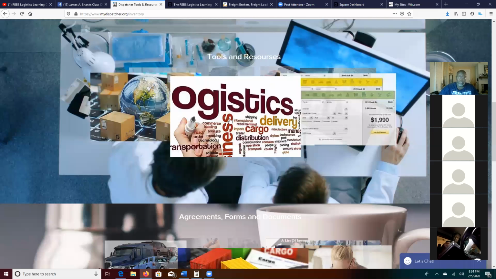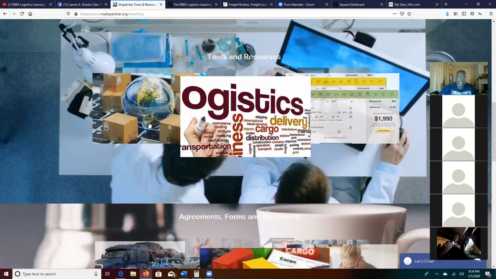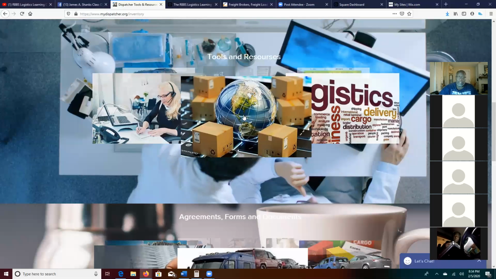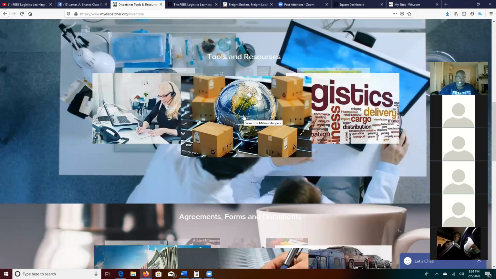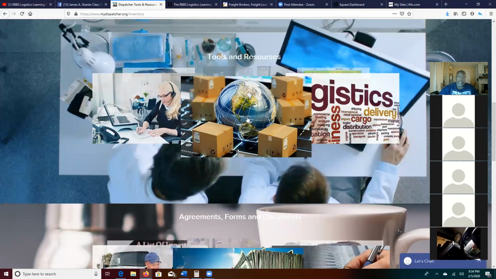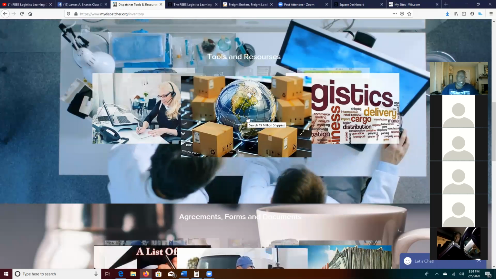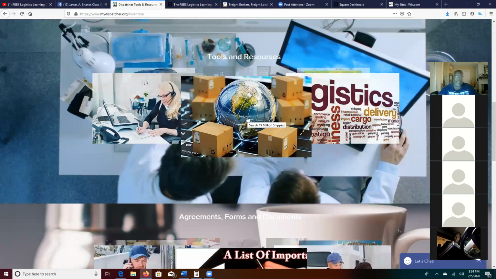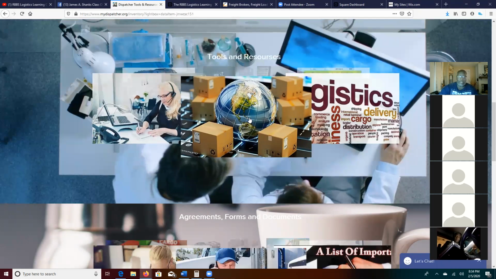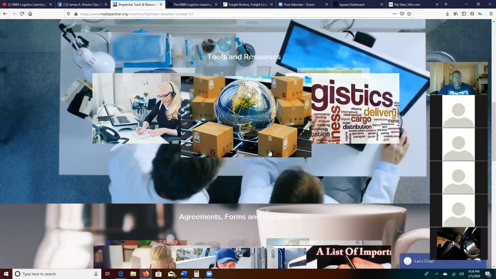You're going to go to tools and resources, then look at this big world with all the shipping boxes around it, and search 19 million shippers. See how it popped up? Remember, if you put the cursor over something, it will pop up and tell you what it is. So you're going to click that, and it will take you to the federal government SIC code site.